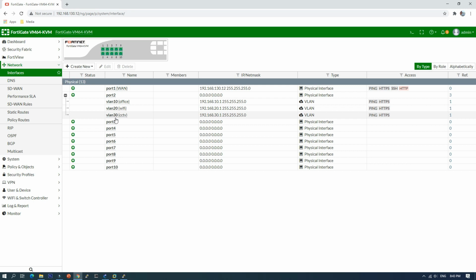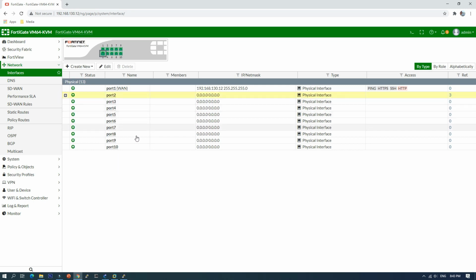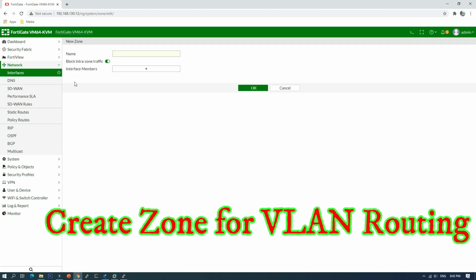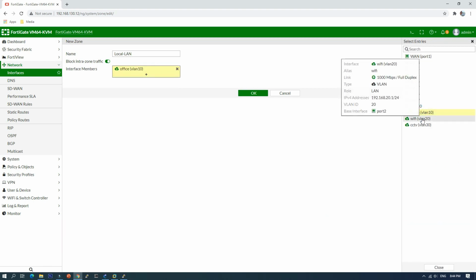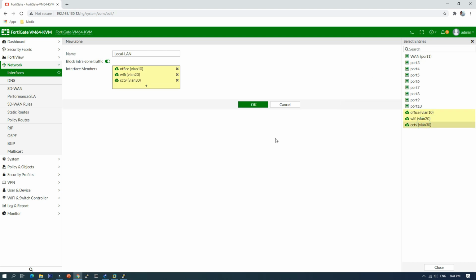So in order to communicate between VLANs, we call it inter-VLAN routing. We need to create one more thing, which is the zone. I call it local LAN. And for the members, I have VLAN 10, VLAN 20, VLAN 30. Okay, so